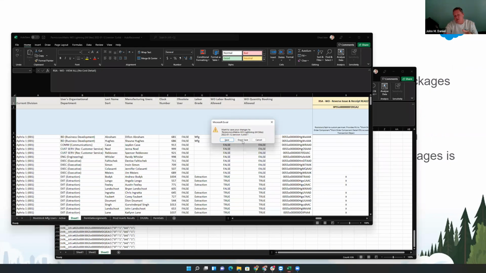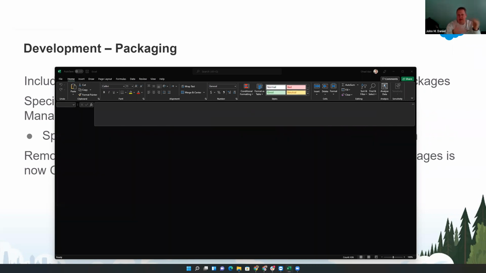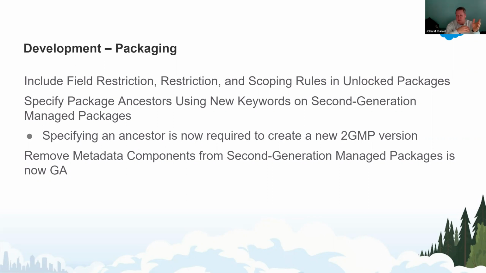When you're working with second generation packaging, you're going to have a project next to you that has all the metadata. You pull that metadata, say the foobar object, and you want to get it out of the project. You delete it from your source code, and the next time you run the package version create, it's just not going to be there. And so the subsequent deployment into any of the subscribers that previously had an earlier version